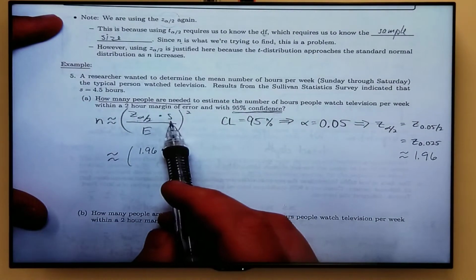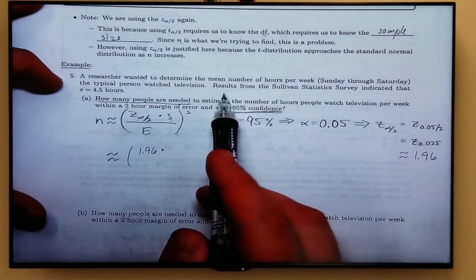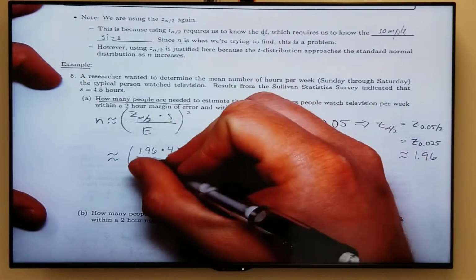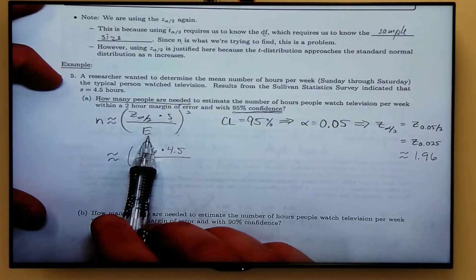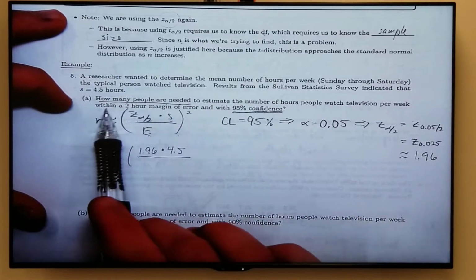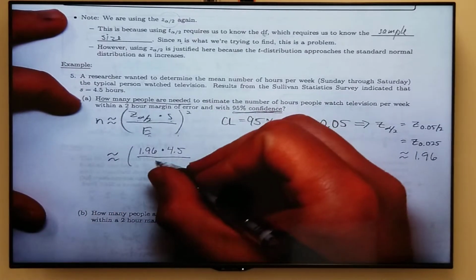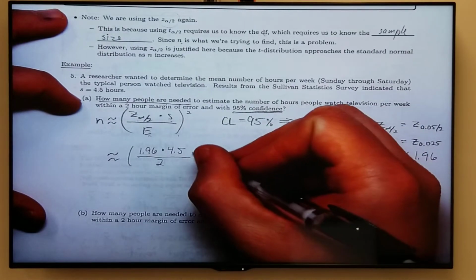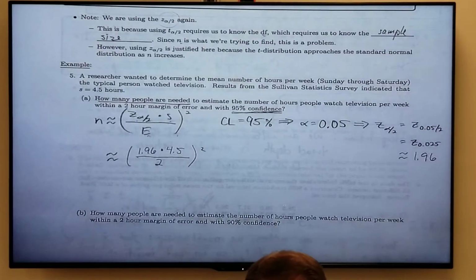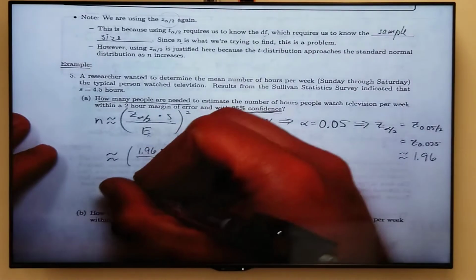S, standard deviation. It says results from the survey indicated that S was 4.5. Okay. E, our margin of error. It says how many people are needed to estimate the number of people within a 2-hour margin of error. So our margin of error should be 2. Okay, and that's all there is to that. Let's see what we get. 1.96 times 4.5 divided by 2, squared, is about